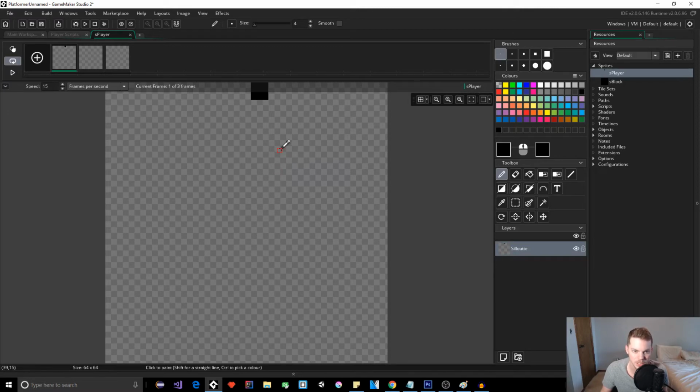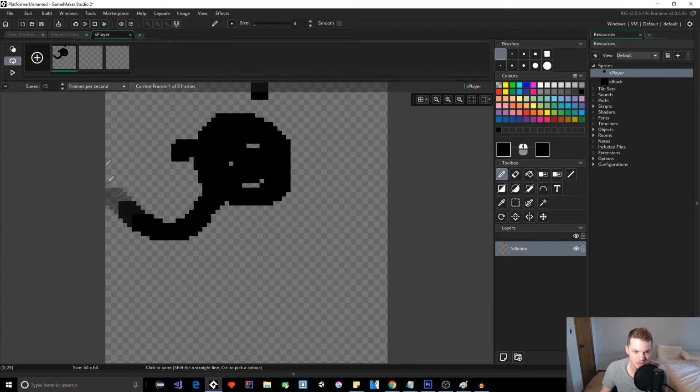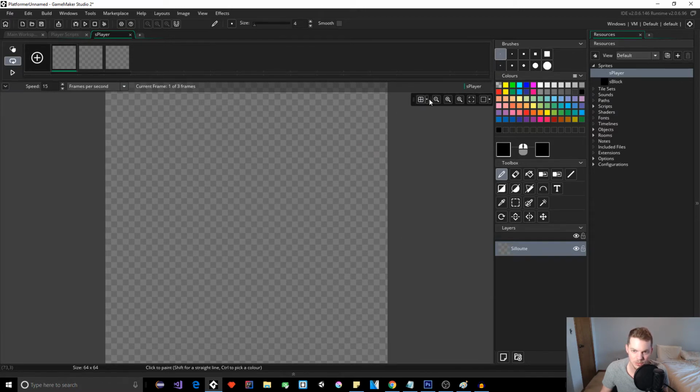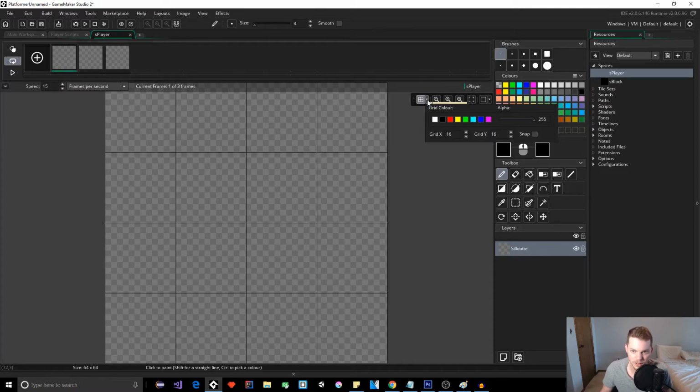pixels high and 16 pixels wide, or 16 stamps. I guess we can't call them pixels at this point, but you can see it's not snapping to the grid. We have all this area that we could still cover. So we can fix that also. Go over here to this little grid options box, click the arrow. As you see now, it shows a 16 by 16 grid, which only gives us 4 spaces each. So we can change this to a 4 by 4